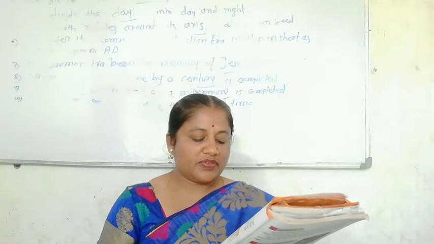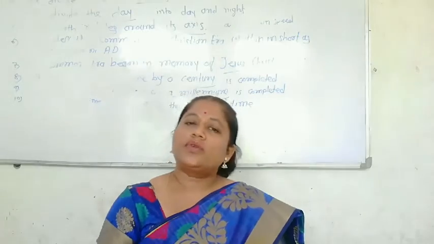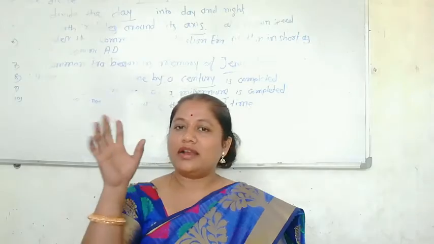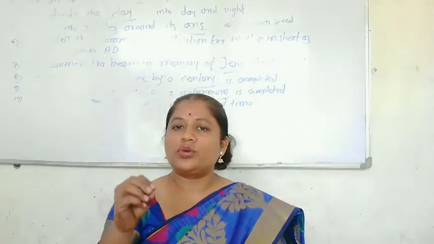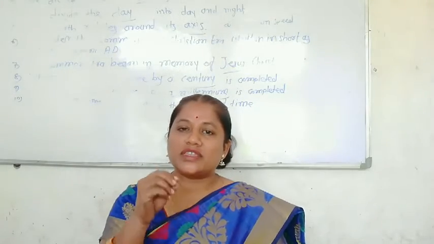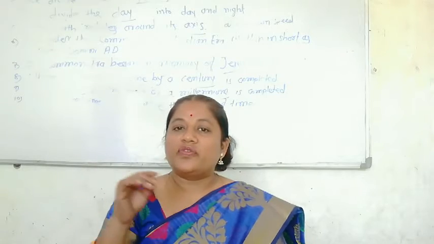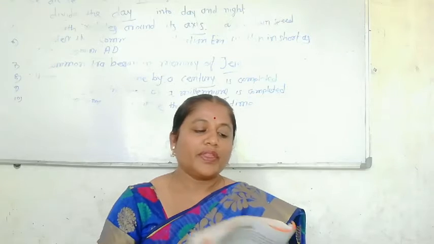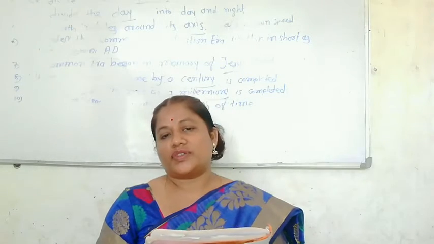One more point is given here. What are the similarities between the hen and her chicks? So what similarity can you see? You can see that the mother and the egg look different, but when the chicks come out, they too look exactly like their mother. They too have the same number of eyes, same number of legs, same type of feathers, same type of body structure and all.